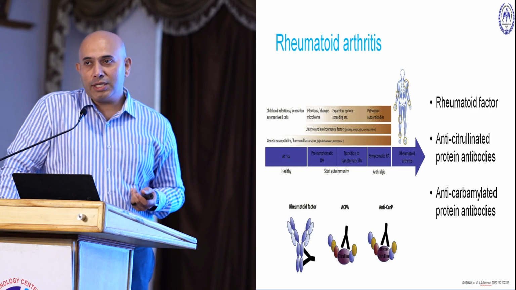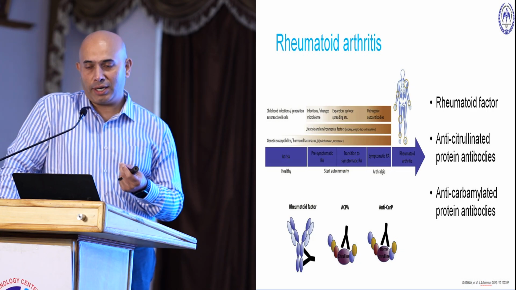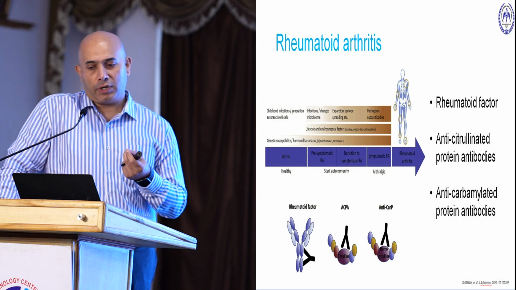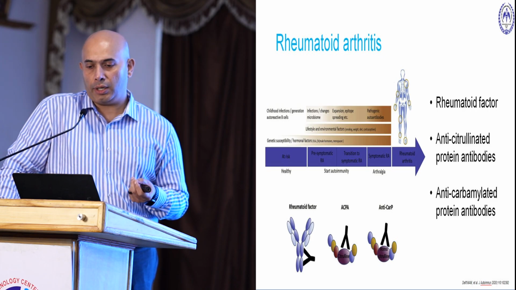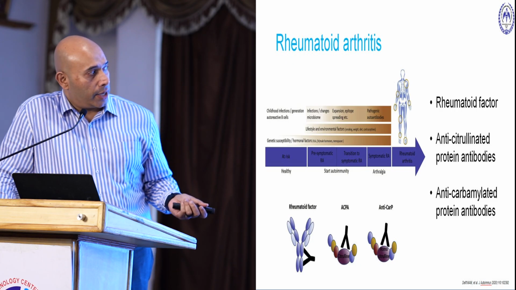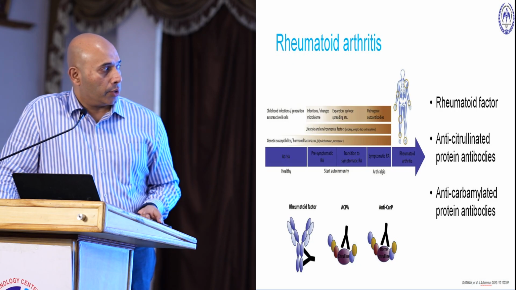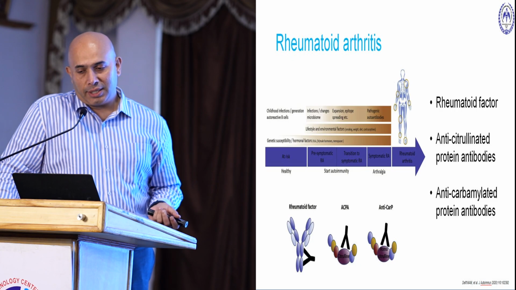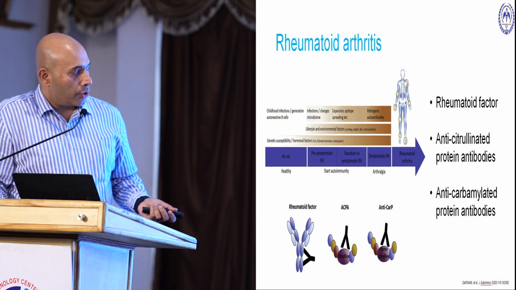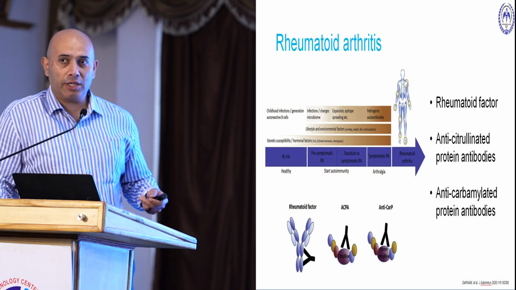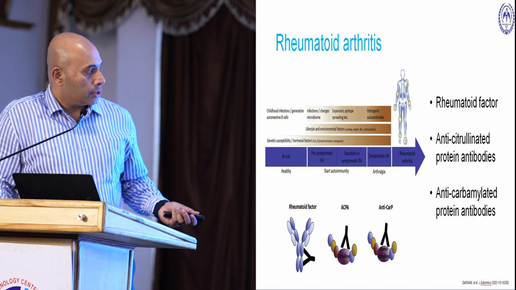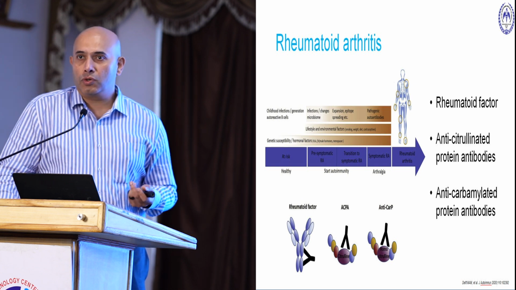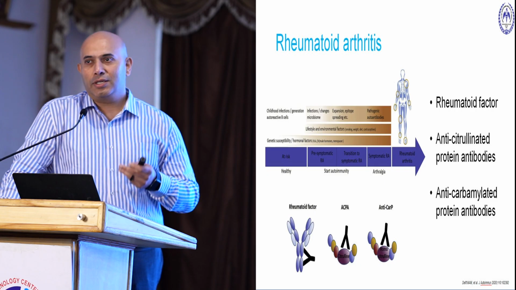What is important here is that there are two antibodies we generally use. First is the rheumatoid factor, and the second is anti-citrullinated protein antibodies. We also have anti-carbamylated protein antibodies which we use. Now, this is essentially a post-translational modification which is part of the pathogenesis of rheumatoid arthritis. We have these two antibodies, but by far what we generally use is rheumatoid factor, and that's kind of specific